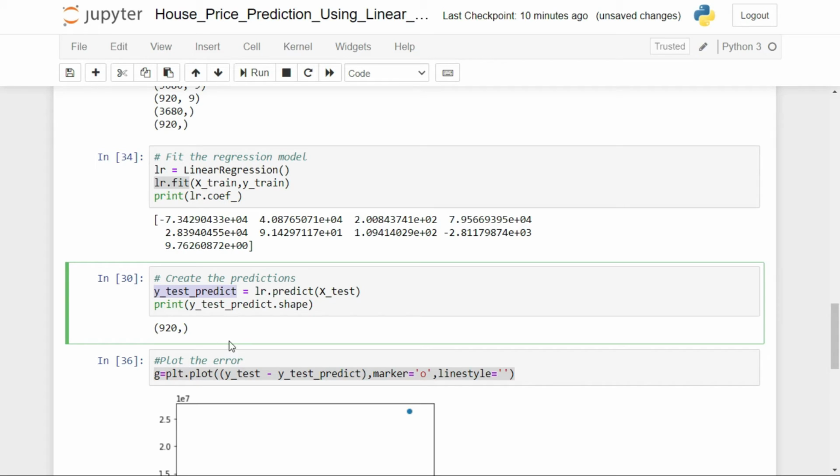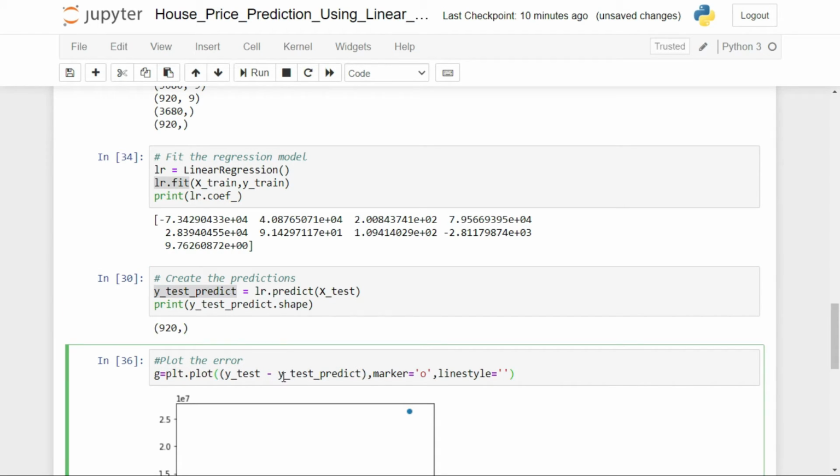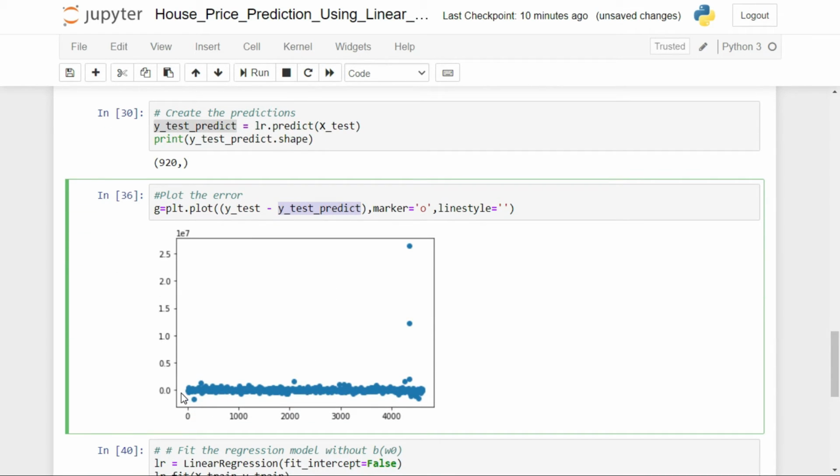Now the main part, that is plotting. We are going to plot the difference between the y test and the predicted value for the y test. So if our prediction is right, this difference must be very close to 0 or nearly equal to 0. So I have shown you using the plot function. You can see this difference comes nearly close to 0. For a few points this difference might be high. So these points may be the outliers for our data set. That's why we are getting such high values for the error. But for most of the points you can see that it is